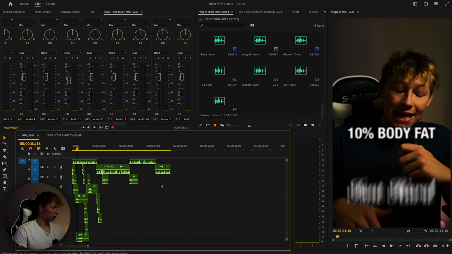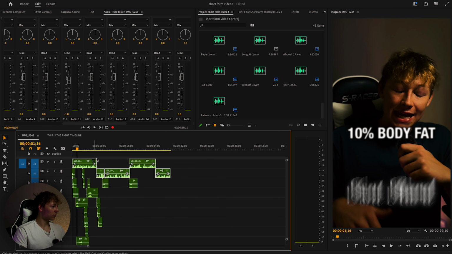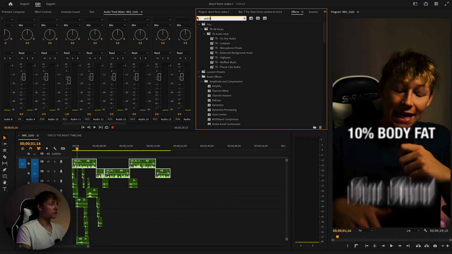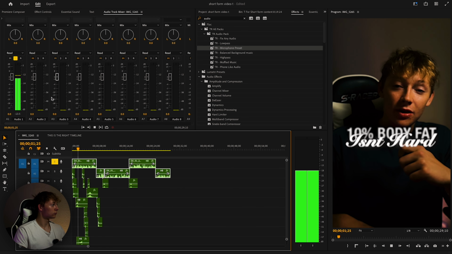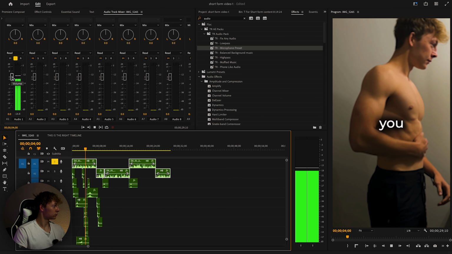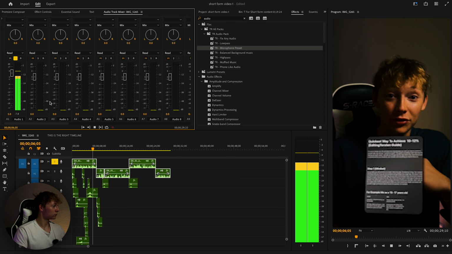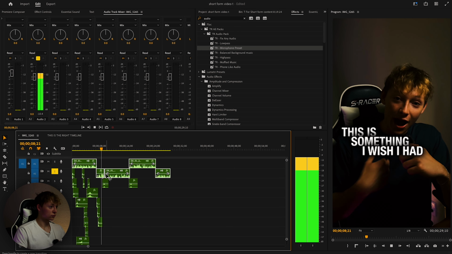10% body fat. Oh, we gotta actually. I'm gonna put in one of my audio presets really quick. So make my microphone sound good. 10% body fat isn't hard to achieve at all, especially when you have a cheat sheet to lay out the foundations for you. I wish I had